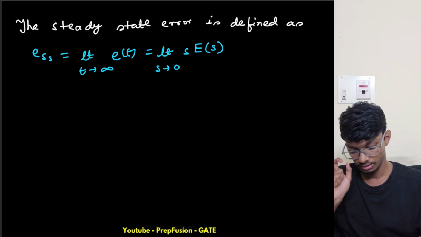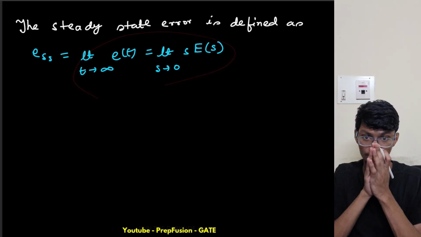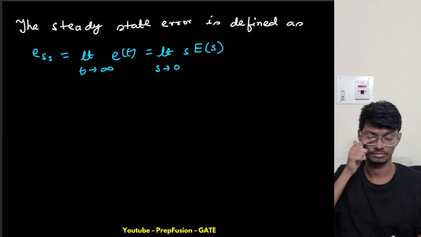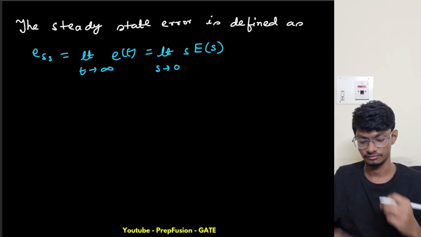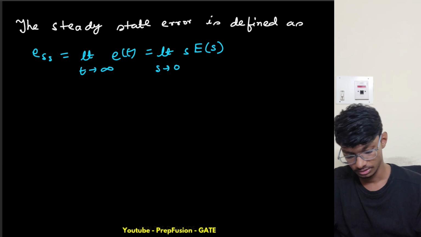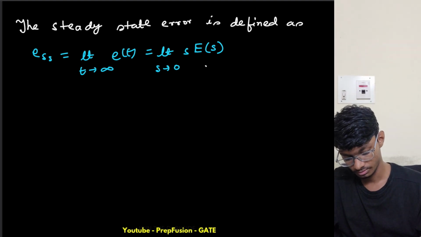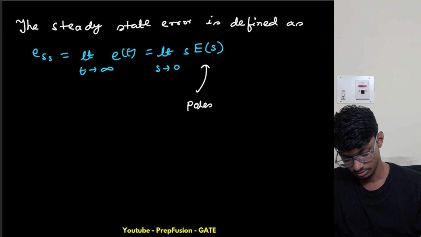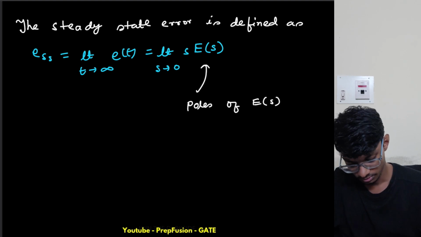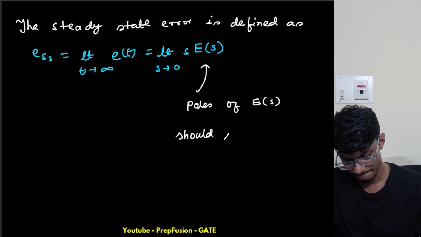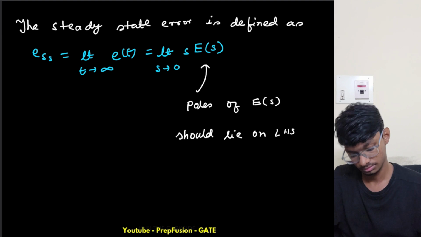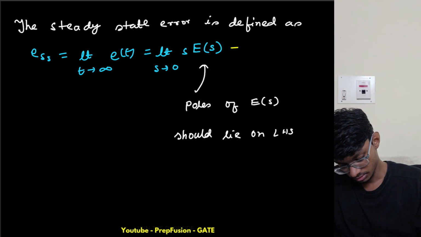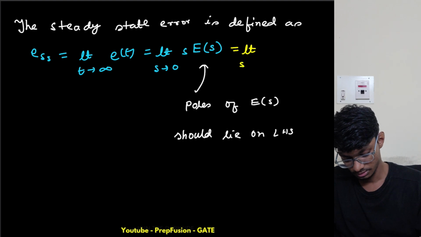For this to be valid, E of s has to be stable. The poles of E of s should lie on the left hand side, else I cannot apply the final value theorem as we learned in the first chapter. That is one thing you have to keep in mind. So this is equal to the limit as s tends to 0